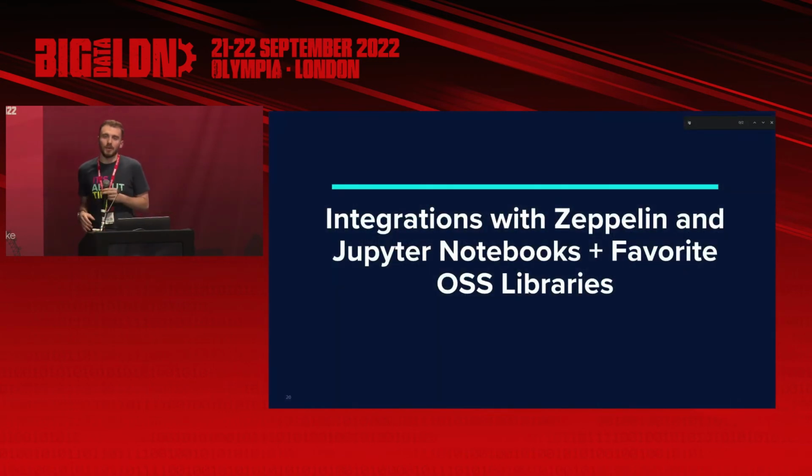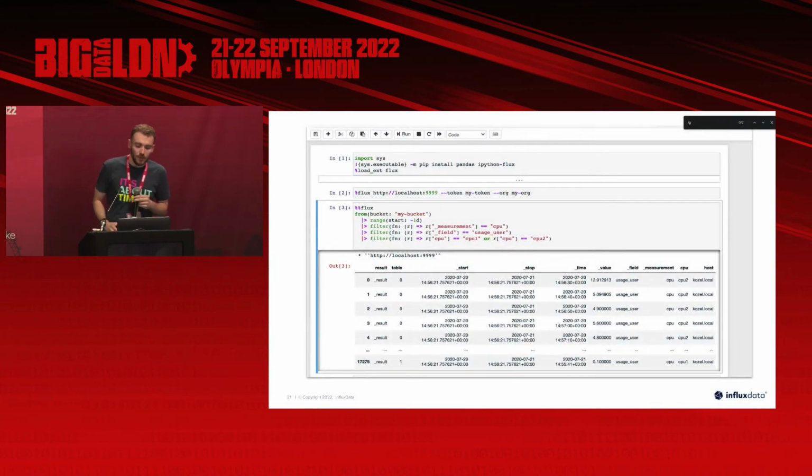So, last but not least, if you didn't want to do all of your work inside InfluxDB, we also have integrations into Zeppelin and Jupyter notebooks. For Jupyter notebooks, we have a Flux interpreter. So basically you just pip install the Flux language, and you can run your Flux logic directly. So if I jump down again,